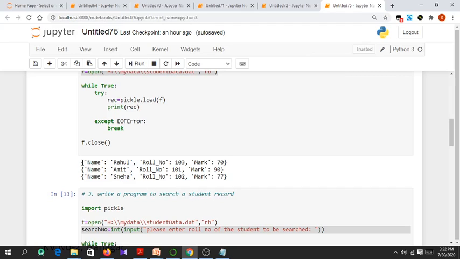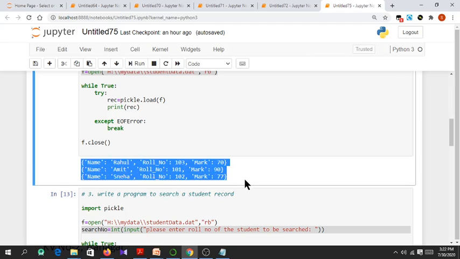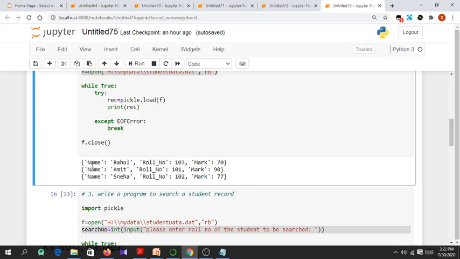In the previous video we added these 3 student records in the binary file. Every student has 3 attributes: name, roll number and mark, represented in a dictionary, one dictionary for one student having 3 different key-value pairs. So 3 student records are already there. We will operate on the same file now.